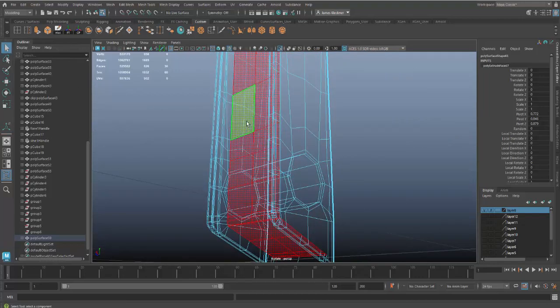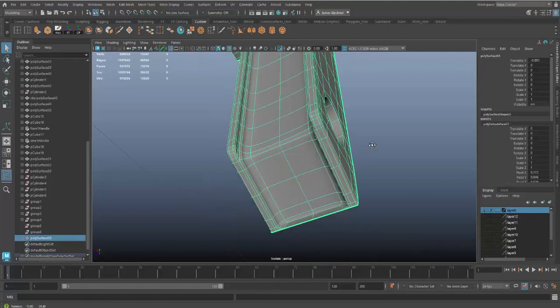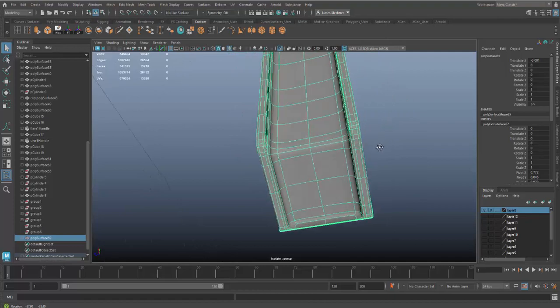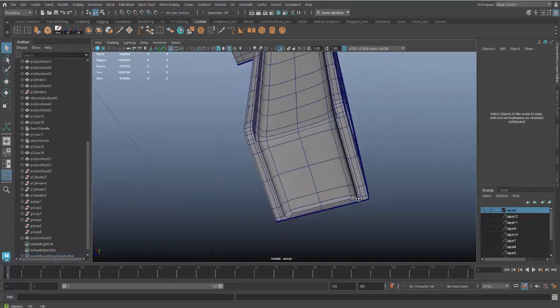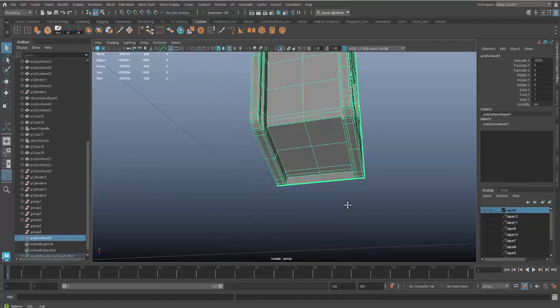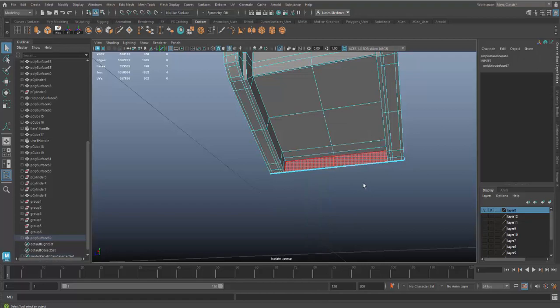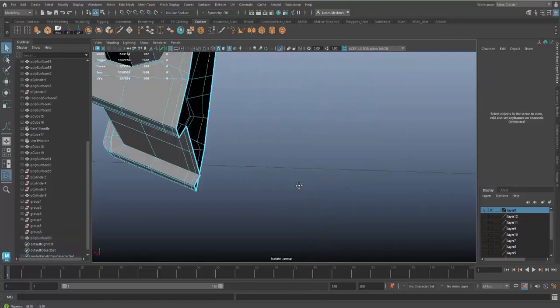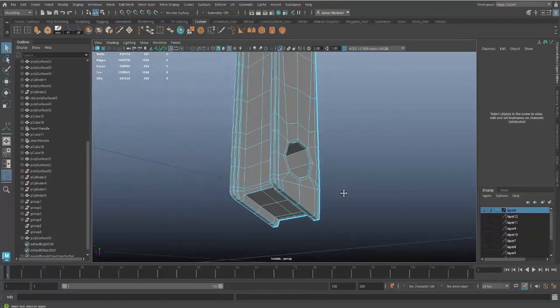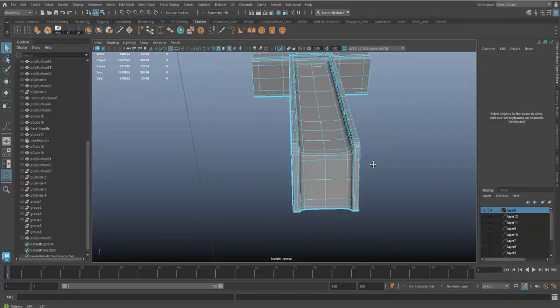And then extrusion, so let's hit number 5. And then hit number 3. Let's take a look. Yeah, I kind of like that. So it's got a little slot thing going on there. Now, on the bottom here, we don't need these faces here. So I can select these two and delete them. And yeah, so now when I hit number 3, you can see it has this little slide almost like area